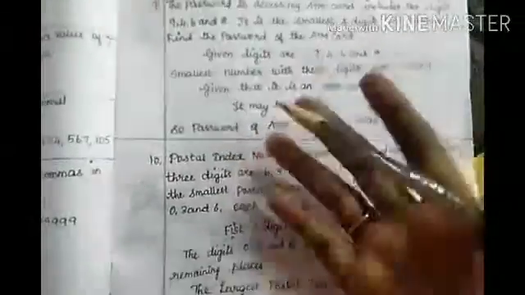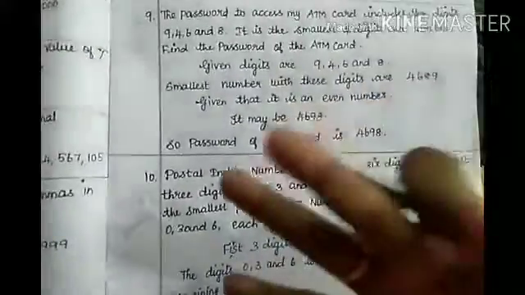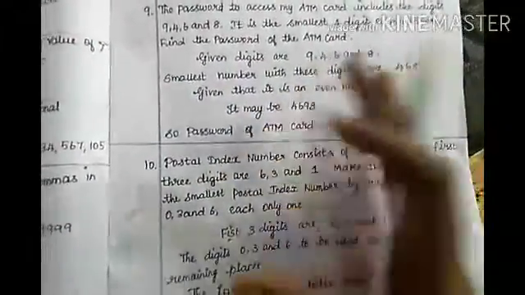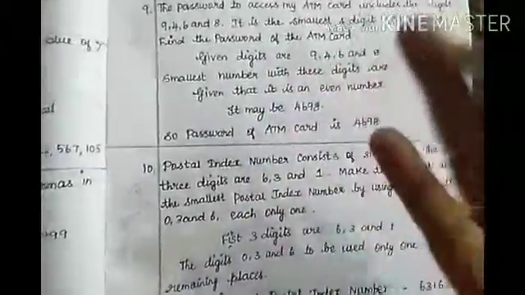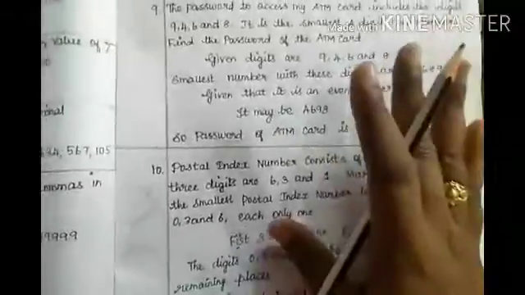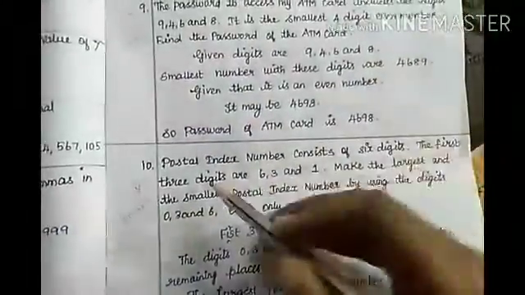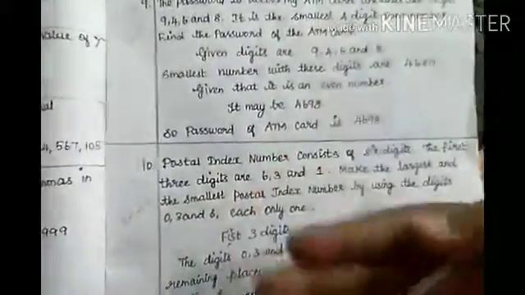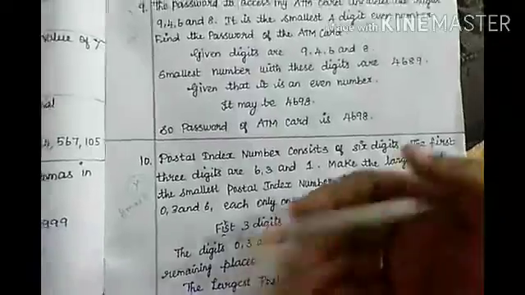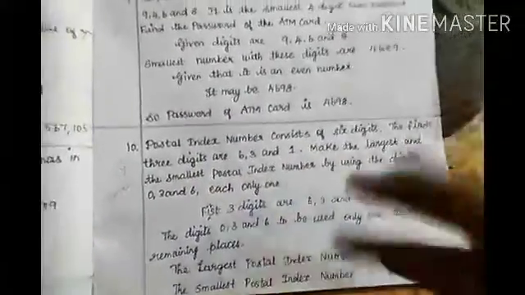In our Arakonam pin code number, you know, people? Yes. It is a 6-digit number only. All the districts have pin code numbers of only 6 digits. Okay children, in that question they said the first 3 digits are the same for largest and smallest. We want to find the next 3-digit number.